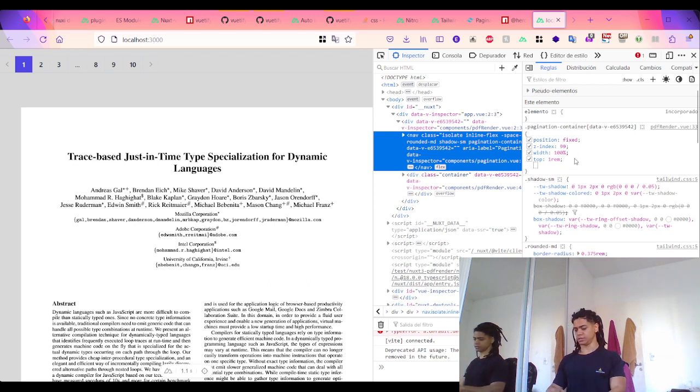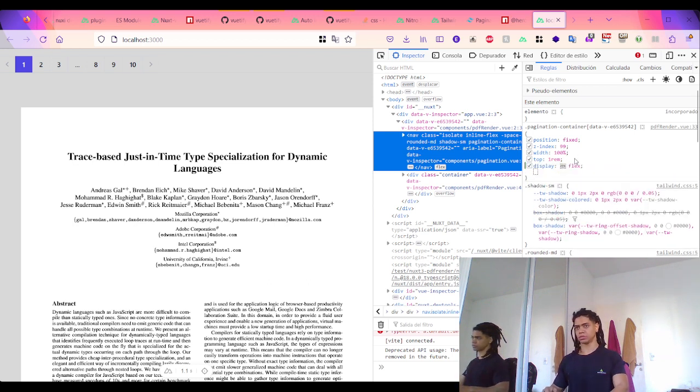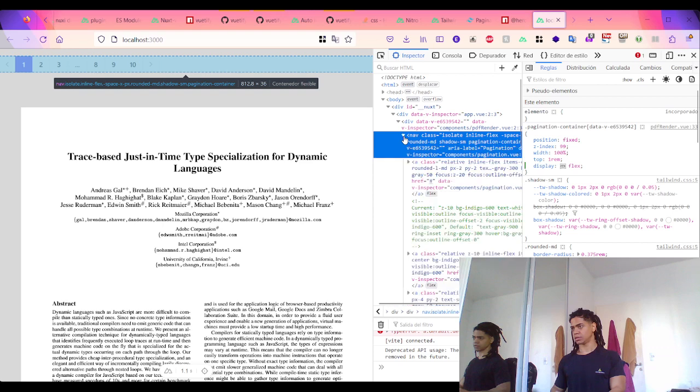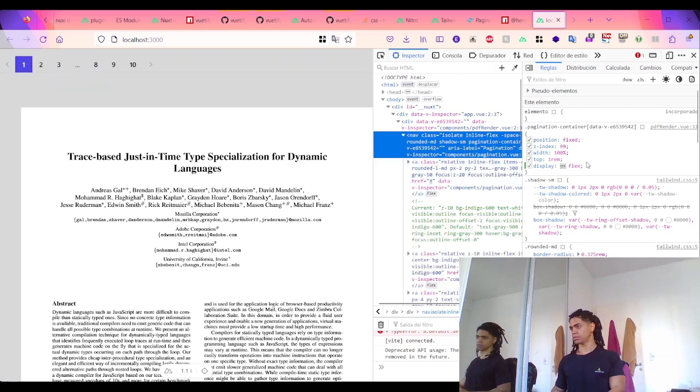What if I say this is display flex, and I just want it to... So if I add this, for example, the div, where you have the pagination container, okay, but this pagination container will have is the,